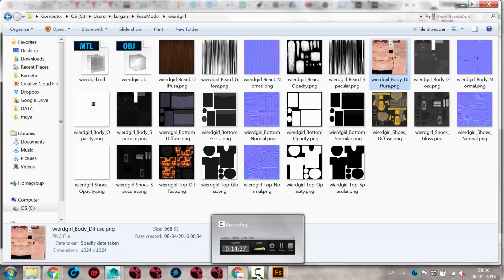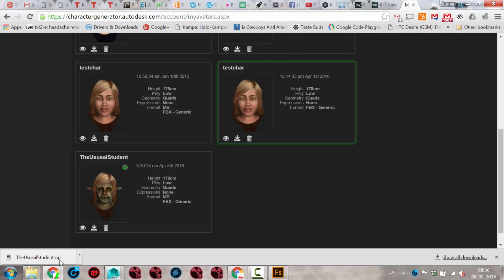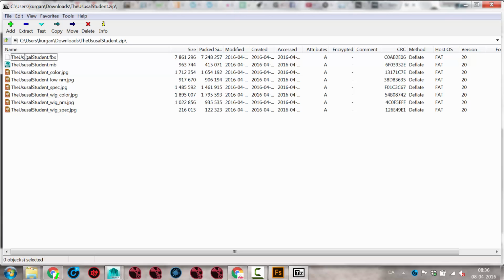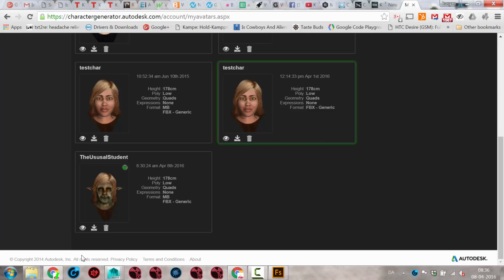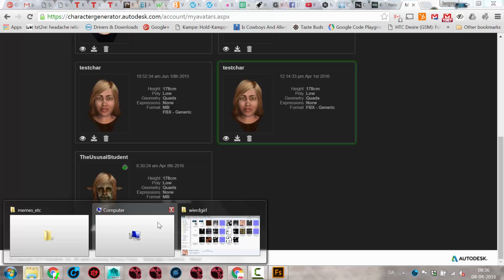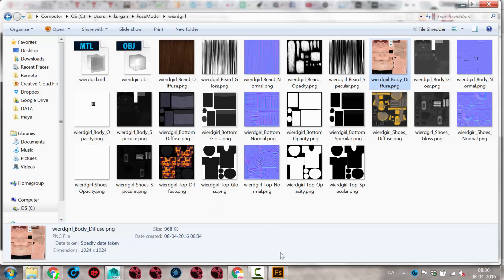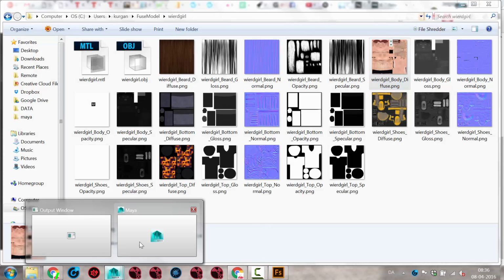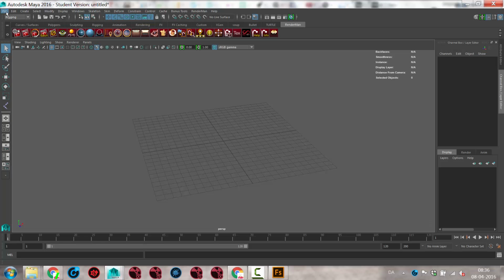We have the one from the character generator as well. So let's just pop in there, which is this thing here. And you can see it's the same thing. We get the file and we get the color maps. So just need to expand that, I guess. Now let's just start with this girl. So just open Maya, go to File,